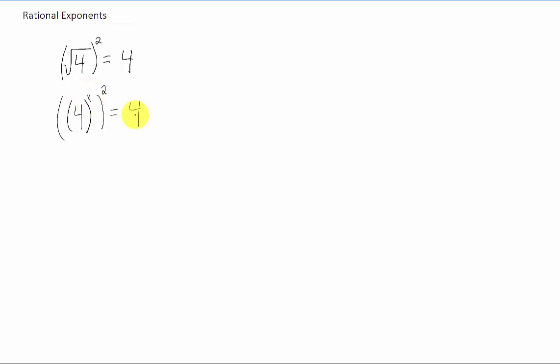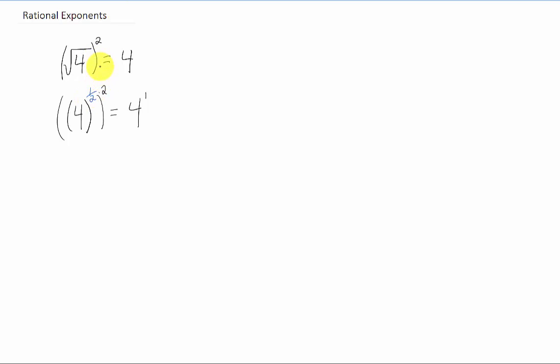So let's think back to our properties of exponents. If you have a power on another power, those powers multiply, correct? And since on the right-hand side of the equation, our power is the first power, these two numbers are going to have to multiply to give us 1 for this equation to be true. Okay, so what number would we have to put here to multiply by 2 to give us 1? It would have to be 1/2.